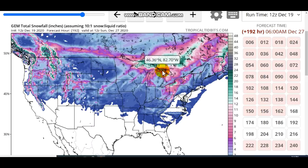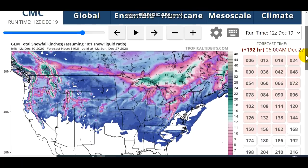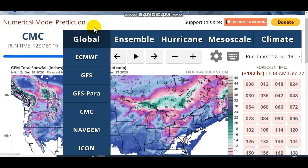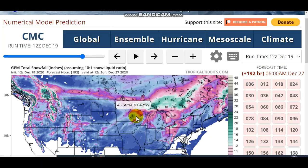This may shift further towards the south and affect Michigan, the UP, Wisconsin, even closer to the U.S. border, the large Canadian cities that are all lined up here. And notice that decent amounts of snow across the United States. Iowa, Ohio, I was about to say, mix those two things up. Oh yeah, that applies. Ohio, Iowa, Illinois, Indiana, Michigan, Wisconsin, Minnesota. North and South seem to be a bit less with this, but again, it's still far out to make any assumptions about that. But overall, a pretty good system,